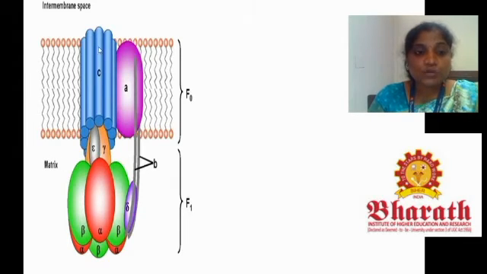So this is about the structure of the ATP synthase. Here we have A subunit, B and C subunits, and we have alpha, beta, gamma, epsilon and delta subunits. The delta subunit is the one which connects the alpha beta subunit with the B subunit, and the epsilon and gamma subunits would be acting as an axle in the middle. It is used to rotate the domains.